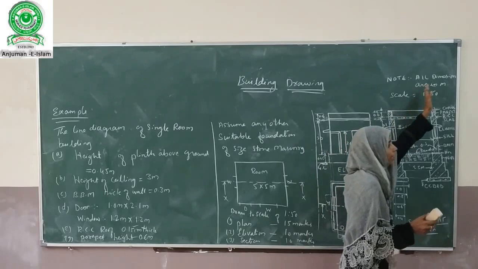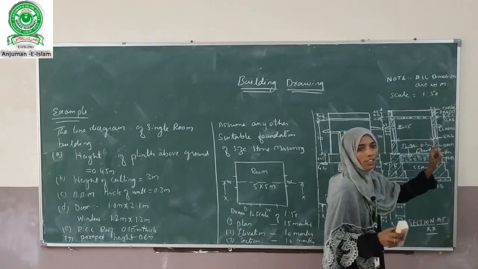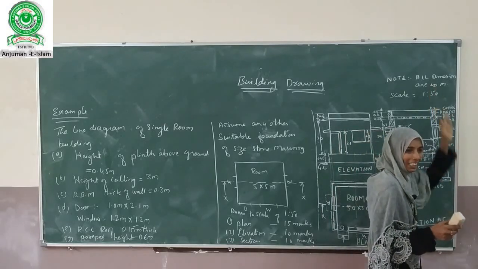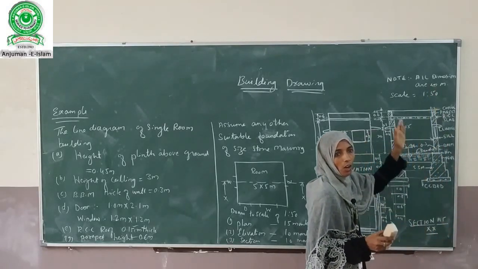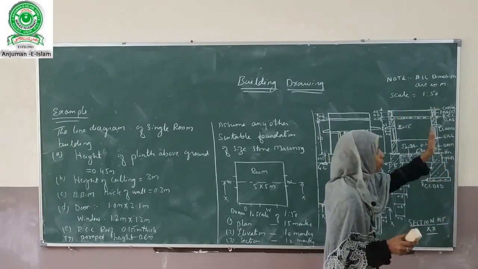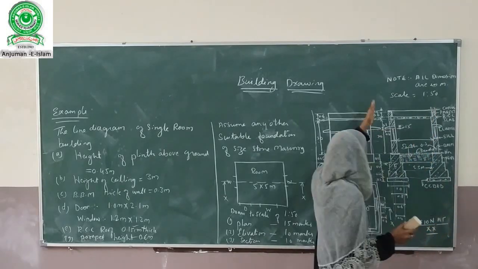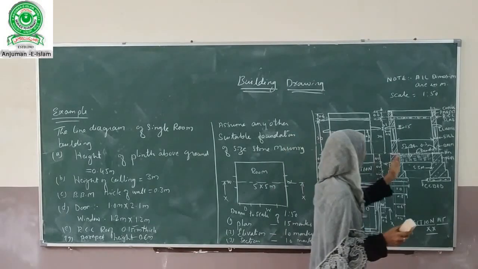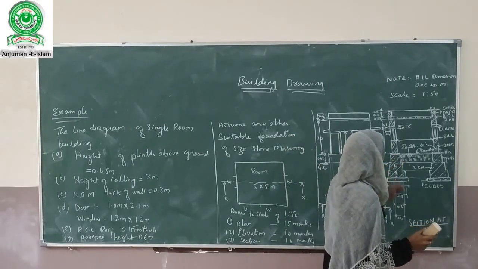And whatever the text you are writing, take the reference of the 2 lines and write all in capital letters in one vertical line. By taking the reference of a single vertical line, it should be in one line. And all the dimensions should be in one line. All should be clearly defined or described in the drawings.